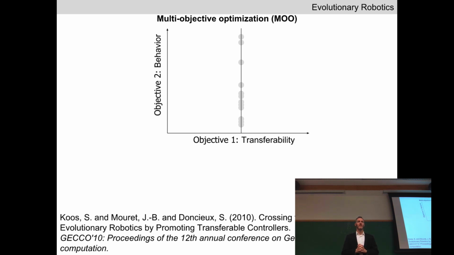Which one do you want to send? Which point here, which controller should we send to reality? The one with the slowest behavior. The one with the slowest behavior? This one down here? Okay, I don't have an axis on here, but let's imagine this simulated robot goes nowhere, doesn't move. You want to still transfer it to reality? What do you think is going to happen? You're pretty sure about what's going to happen with the point at the bottom, right? The simulated robot didn't move. Probably not going to move in reality. Perfect transferability, right?